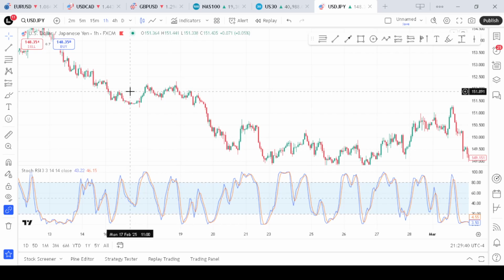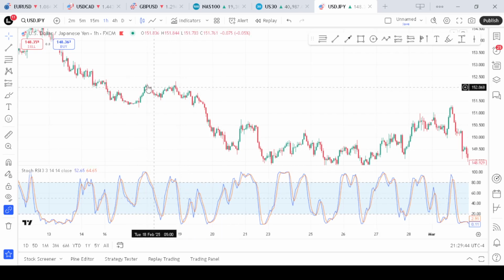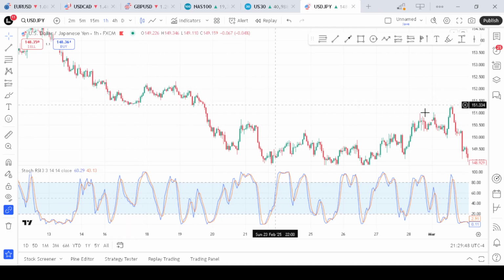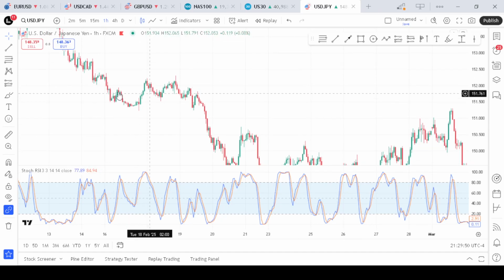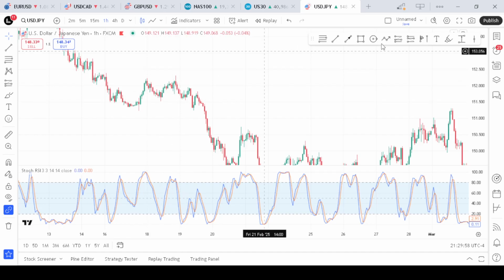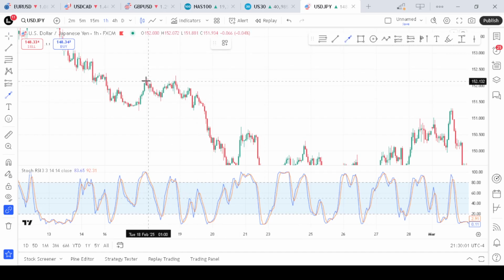Let's see if we can spot an example and know how to trade it. As we can see, at this area the market was in a downtrend, but in this downtrend it was making a pullback, a series of higher highs and higher lows. And at this area where the market made a higher high